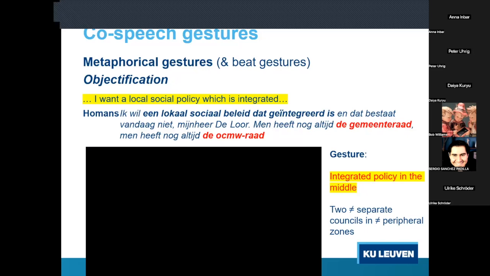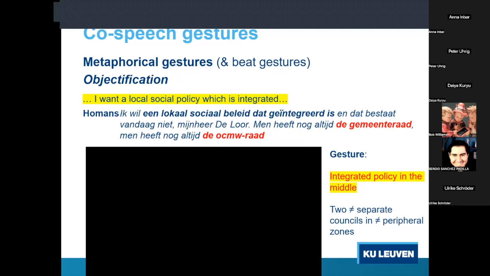If you are talking about complex things, it helps if you can manage. We are going to discuss this difficult problem today. Here it is. I put it in the middle of the table. There it is. So a spatialization or an objectification is some type of metaphor which is being frequently used.